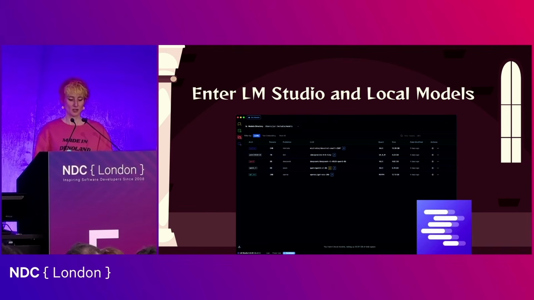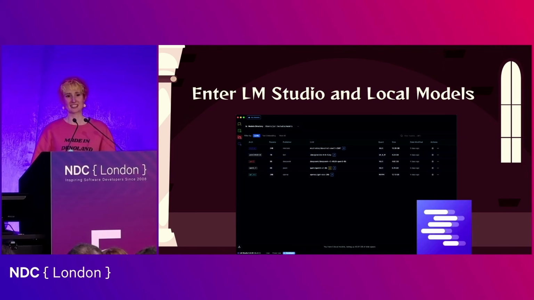So LM Studio is a local inference platform that lets you run open source models on your machine with no vendor lock-in, just raw model execution. There's a whole bunch of open source models out there, pre-trained, ready to use, with a really nice user interface. And this is an ecosystem that is growing super fast. Hugging Face has literally hundreds of models available for you to use. And we're talking about really tiny models. Like I've got one installed on this machine that I think is 3 gig.